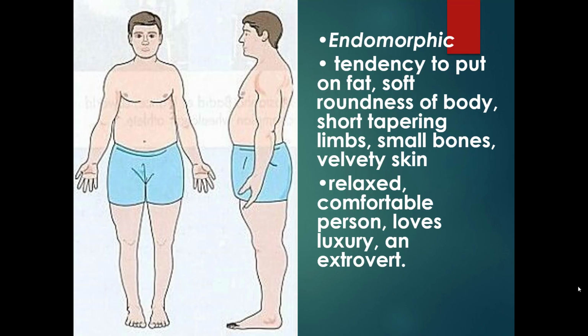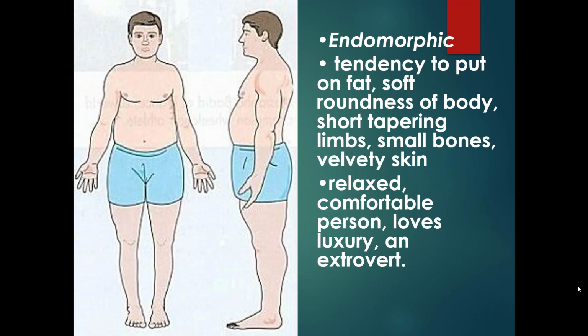And I should mention that Sheldon's original work was done only with males, and so that's why you've got males here, although it was later applied to females. Also, I should point out that although Sheldon used the scientific method to try to categorize his body types, you can see that he played pretty fast and loose as far as the personality characteristics that were associated with these body types. He may have scientifically cataloged types of bodies, but he made some pretty big inferences in terms of what the personality is.